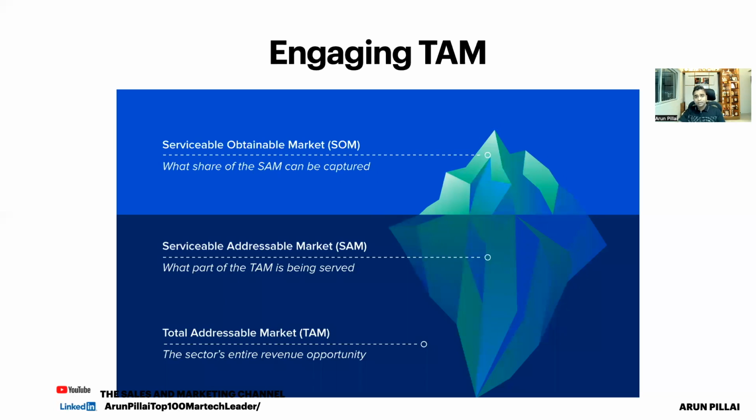So first of all, engaging the total addressable market, right? It starts with clean data. It starts with a data set that resonates well with the kind of audience and prospects that you want to reach, and it eliminates the ones that you do not want to reach. And then within your total addressable market, trying to understand, using the data sets, the serviceable obtainable market and the serviceable addressable market, and what kind of content journeys we can create for them, right? So moving on,